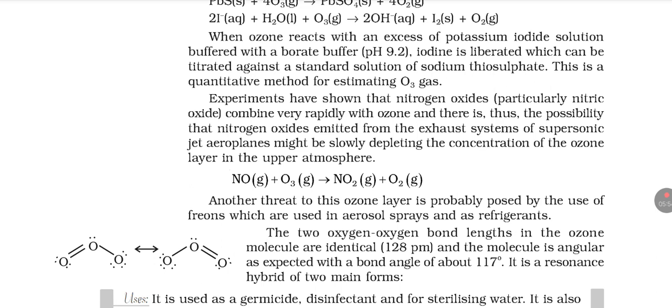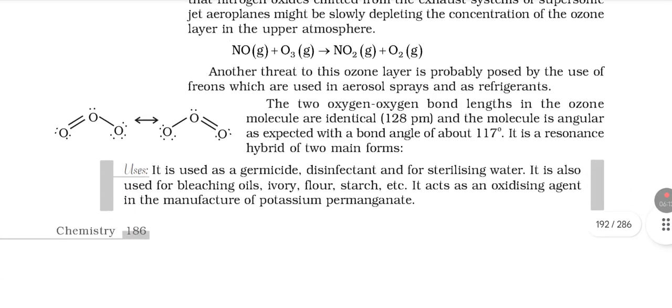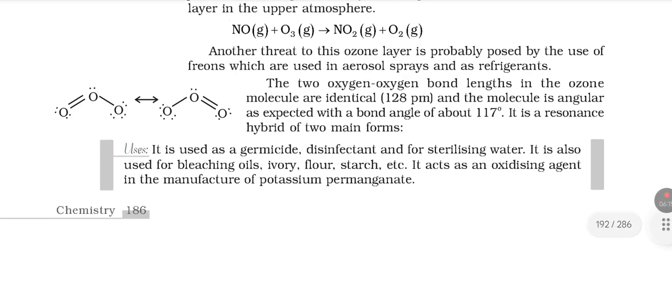Experiments have shown that nitrogen oxides combine very rapidly with ozone, and there is thus the possibility that nitrogen oxides emitted from the exhaust system of supersonic jet aeroplanes might be slowly depleting the concentration of the ozone layer in the upper atmosphere. Another threat to this ozone layer is probably posed by the use of freons, which are used in aerosol